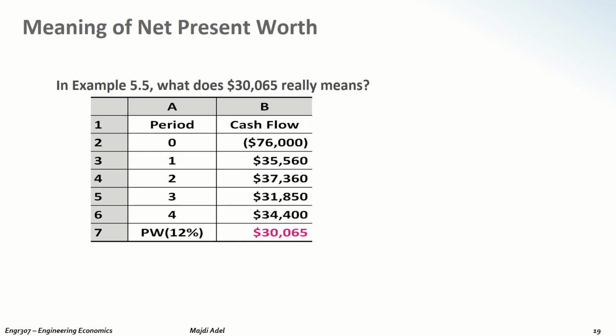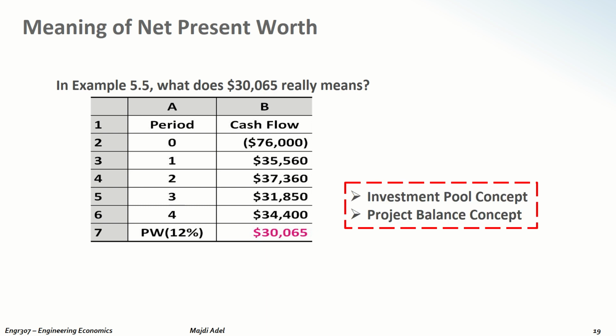Now what we mean by a net present worth, or what does it mean that the net present worth is $30,065 at the end of the project life? This will lead us to two concepts, the investment pool concept and the project balance concept. For the project balance concept, we will talk about it in more detail when we come to the rate of return analysis. We will talk in detail about the project balance and how it's related to the rate of return of a project. For the investment pool concept,